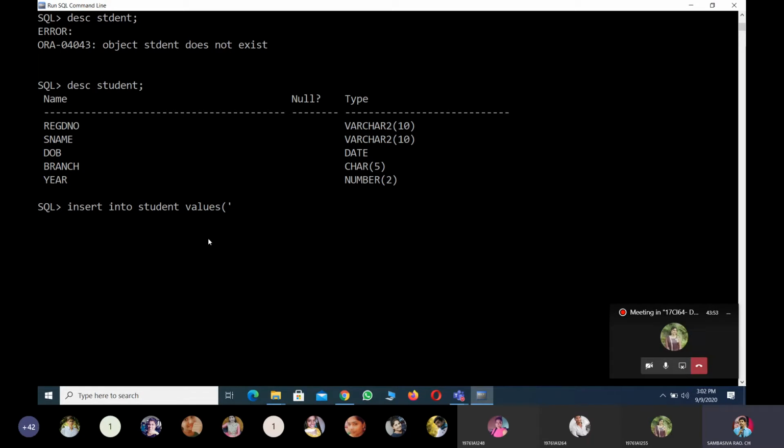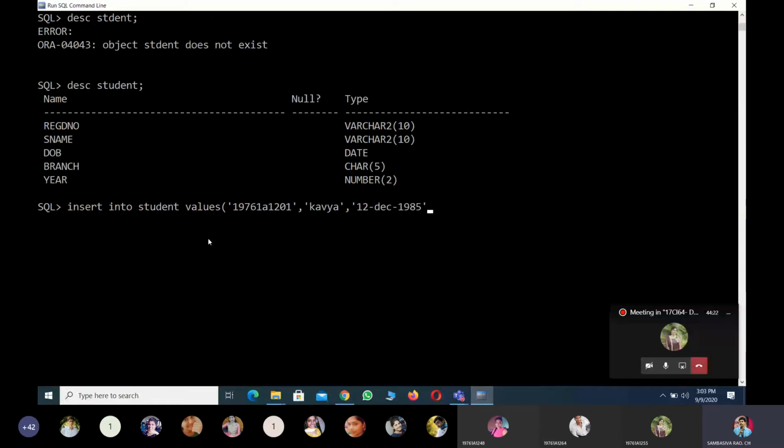For example, the student register number is 19761A1201. This is the student register number. For example, what is the student name for roll number 1? Roll number 1 student name means, can anyone? Kavya, sir. Yeah, Kavya. Okay, the student date of birth I am specifying randomly, for example, 12th December 1985.